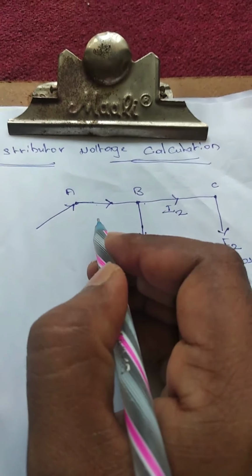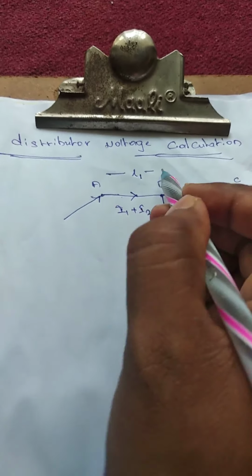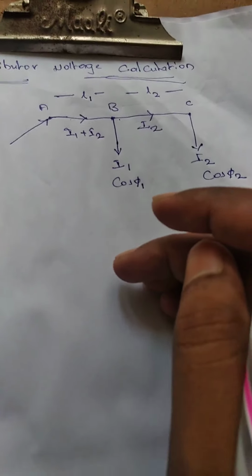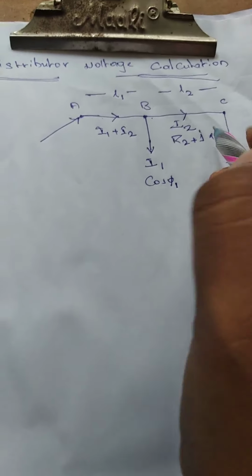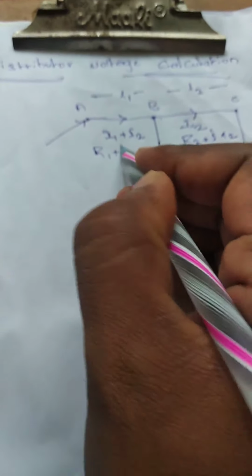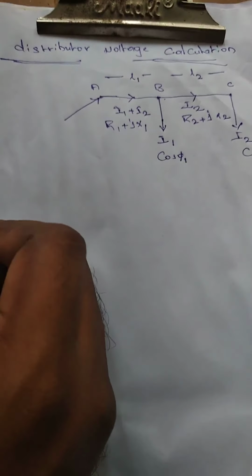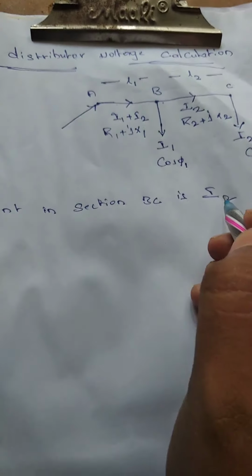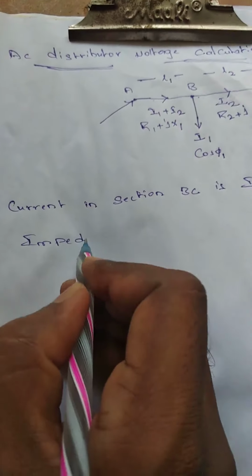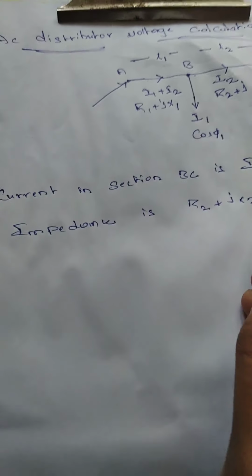The current flowing through this section is I1 plus I2. The length of this section is L1 and the length of this section is L2. Now the impedance of this section is R2 plus jX2. The impedance of this section will be R1 plus jX1. Now the current in section BC is I2 and the impedance is R2 plus jX2. So now the voltage drop will be